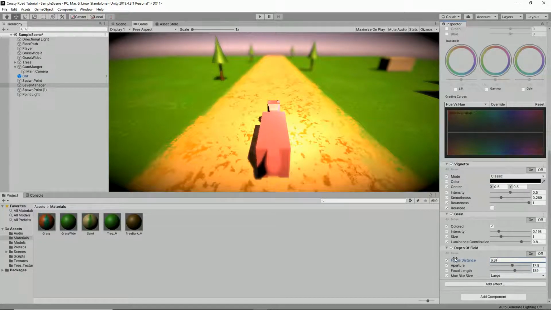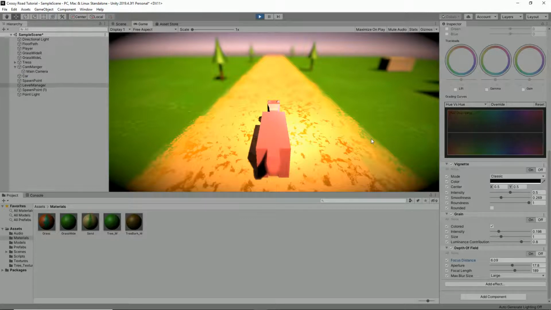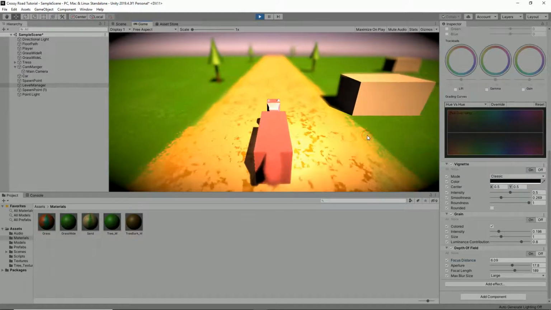So I'm just pulling this number down, trying to get the character in focus and really blur the end. And now all of a sudden, I mean, I've clearly gone way too far with this, but